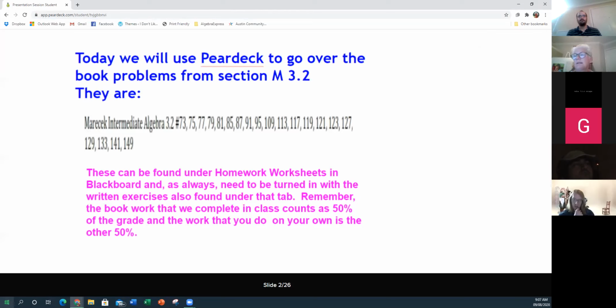So today we're going to be using this paired deck application, and hopefully I can, sometimes I wonder about these things. They seem to work when I'm at home alone, but then I go to do them with students and